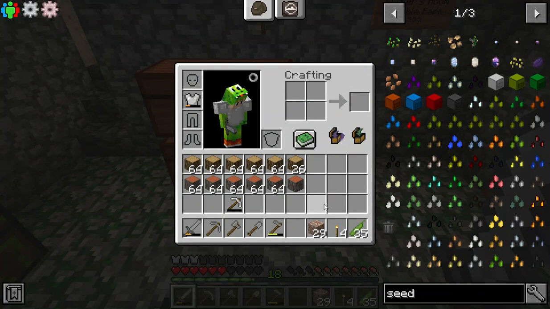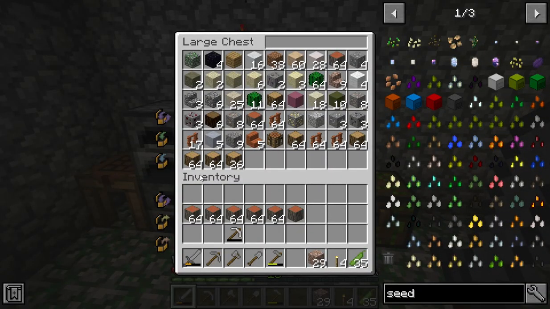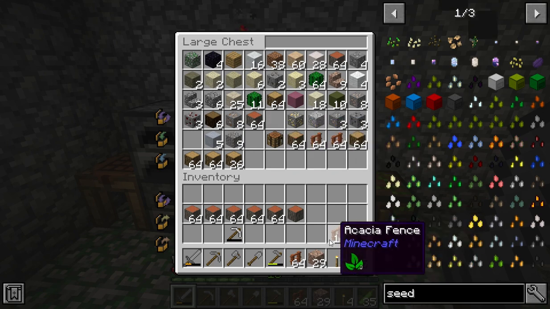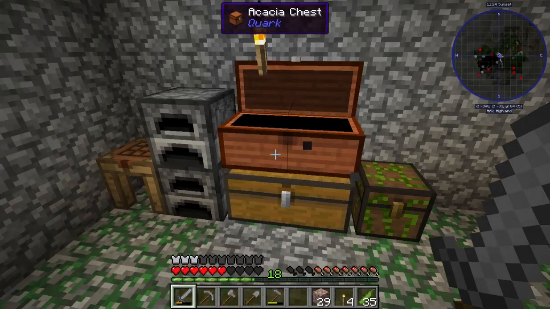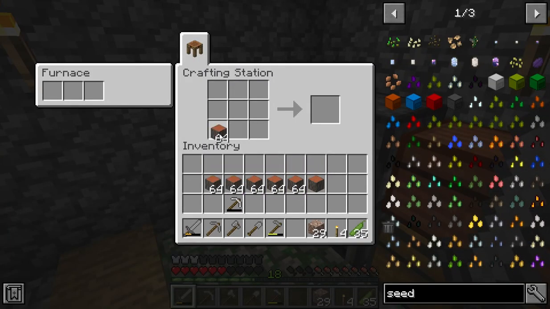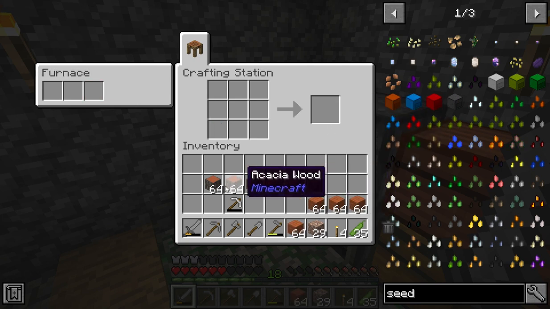Alright, wood chopping's done. We've got a whole lot of wood right here. I'm thinking the oak wood is probably going to get sold for money. Right now, I want to take some of this stuff, and I'm not sure about the fences, but definitely want to take a good amount of this acacia wood here, because I'm thinking of using this as part of the decoration for